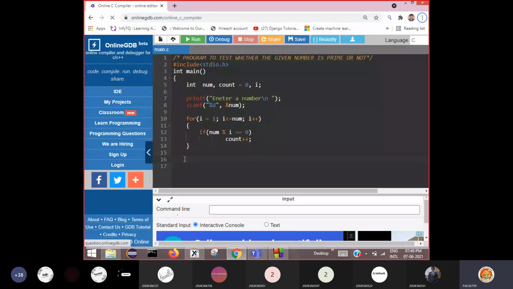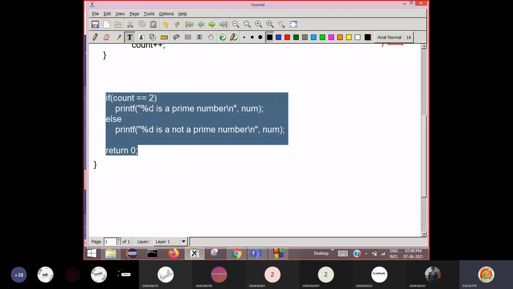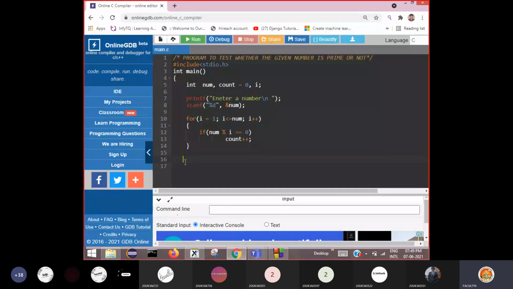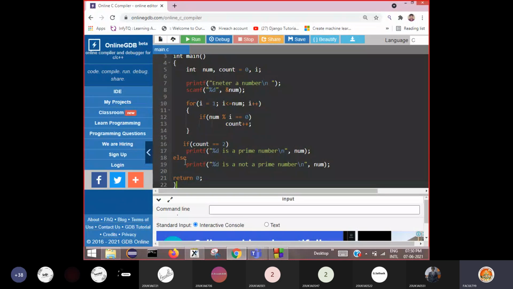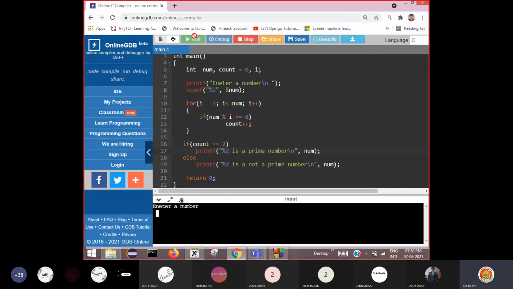Copy this and paste here, and close the main function here. Right, now this is our program to test whether the given number is prime or not.